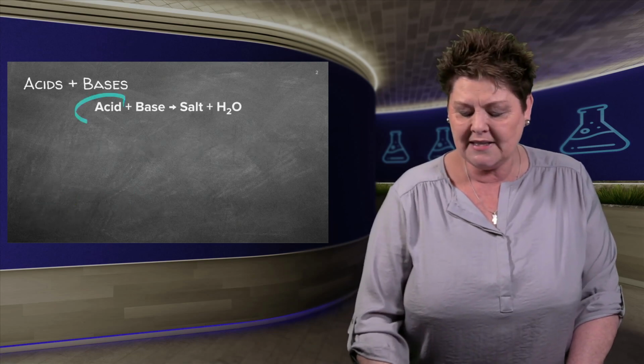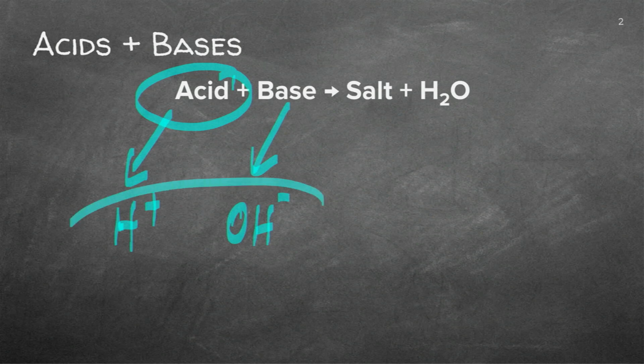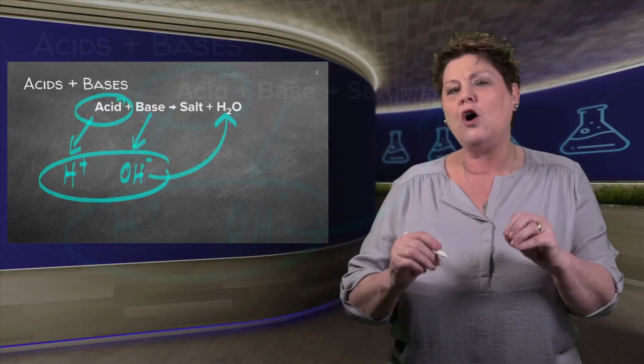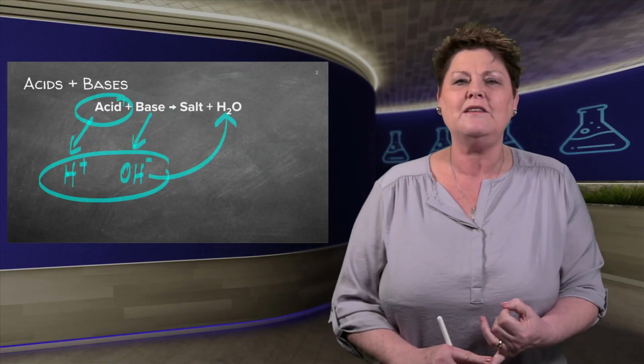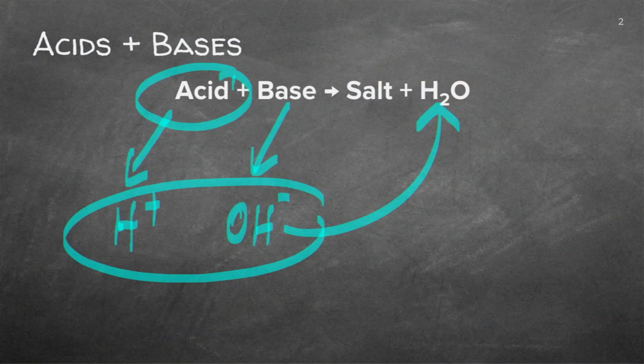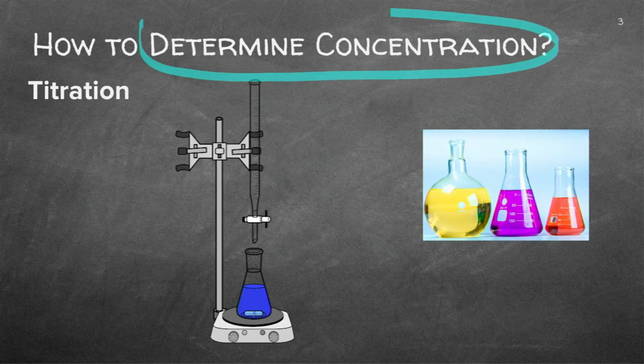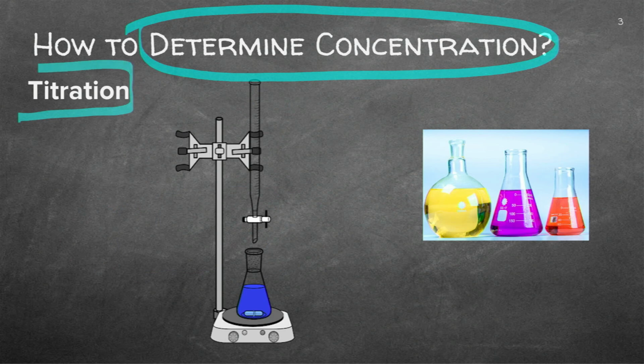We said an acid, remember what Lowry and Bronsted said? They donate a proton or a hydrogen. The bases will usually add the hydroxide. And can you see there? I will form water. Now they will ask you to firstly write the equation, balance the equation, and then finally a few questions. The technique we use to determine an unknown concentration is called a titration.